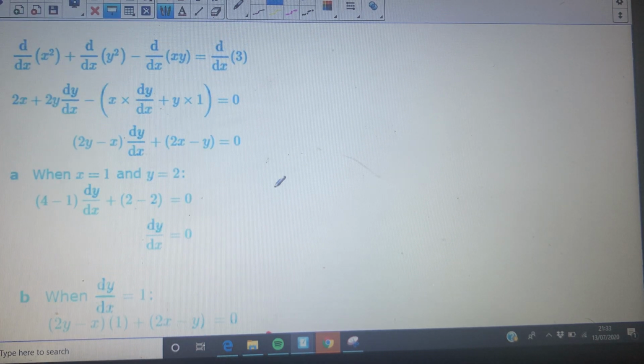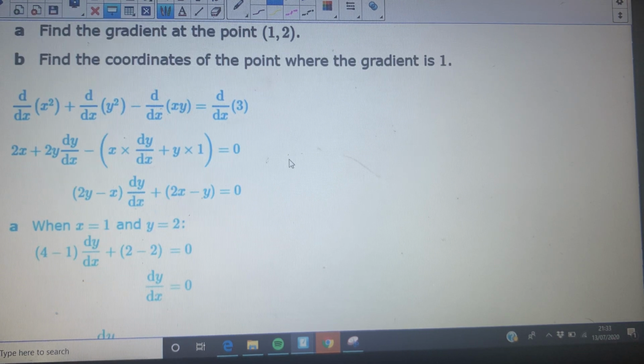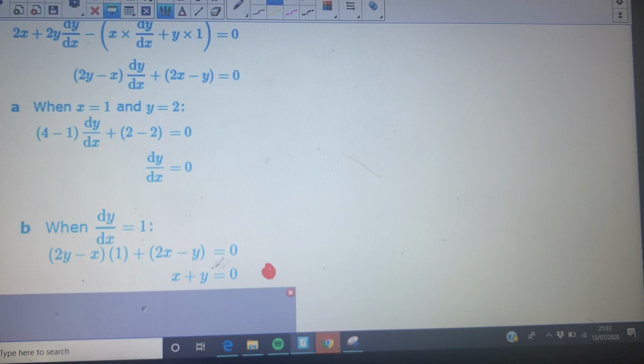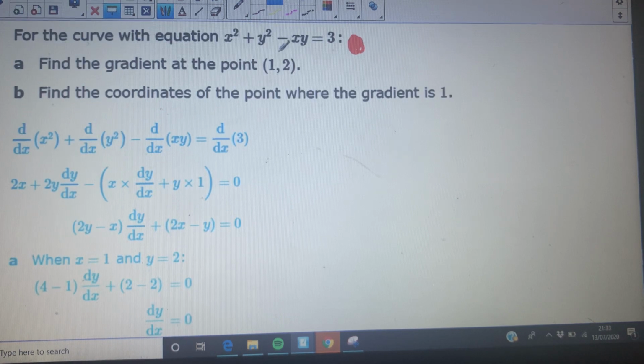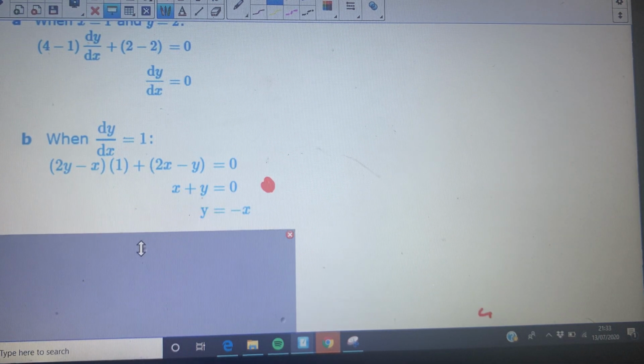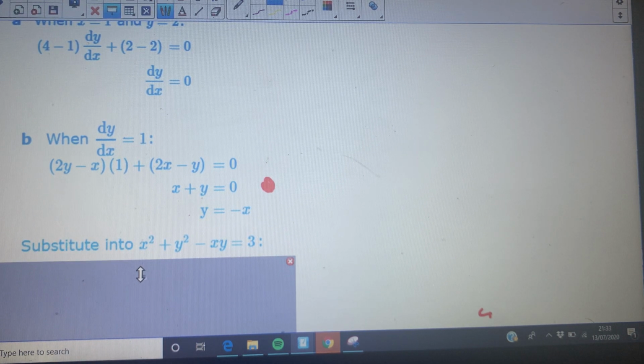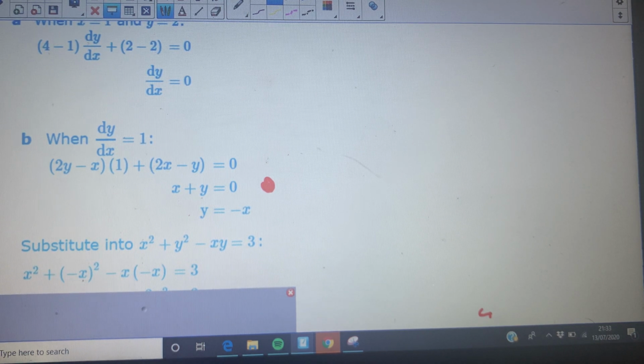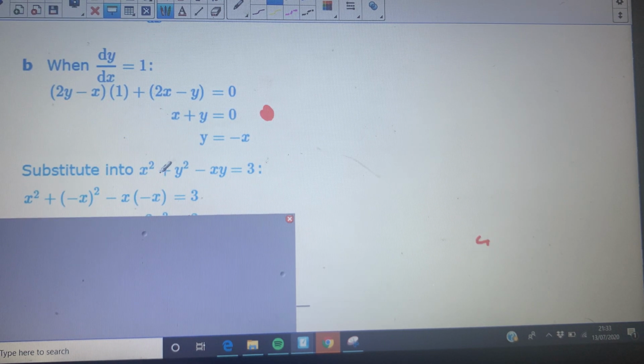So we are going to treat them as simultaneous equations. We are going to substitute this one into that one and see what we find. First of all, rewrite y is minus x. So get that original equation and instead of y, write minus x. Don't forget you are squaring the whole of minus x. So substitute that in. So you're going to end up with x squared plus x squared plus x squared equals